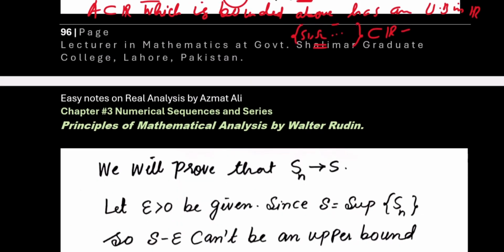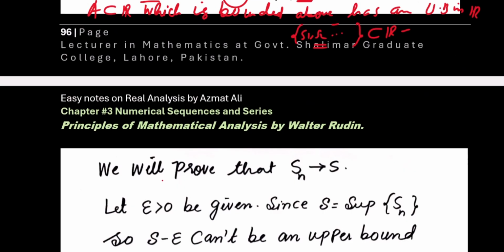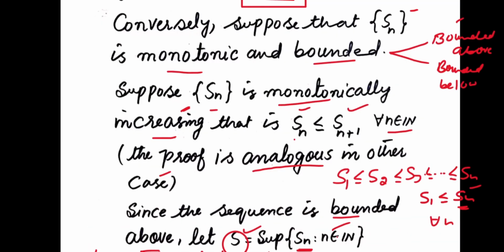What will we have to prove? We have to show the sequence is convergent. So we will prove that this sequence is convergent and convergent to this least upper bound. So this is our target to show. Now to show Sn is convergent to this least upper bound, let epsilon be a given positive real number. Since S is the supremum of this set Sn,